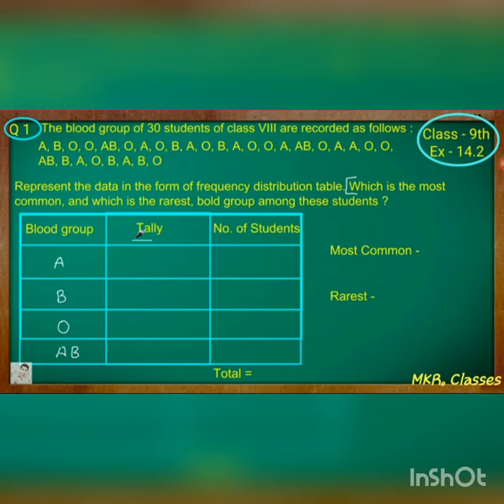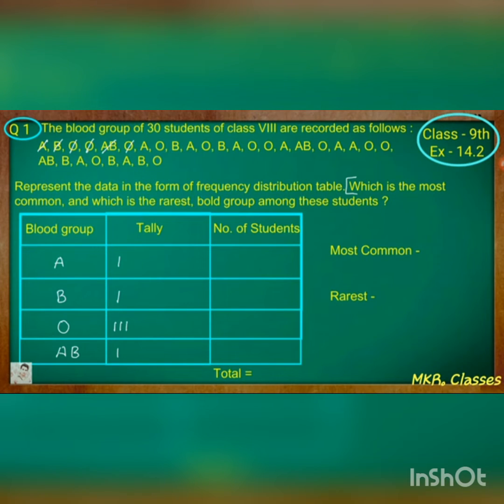Now in the column of tally, we will take one reading, cancel it on top, and put one tally mark wherever it is applicable. So let us start. We will cancel on top. Now it is A, so we will put one tally mark in A. Then next is B, then O, AB,